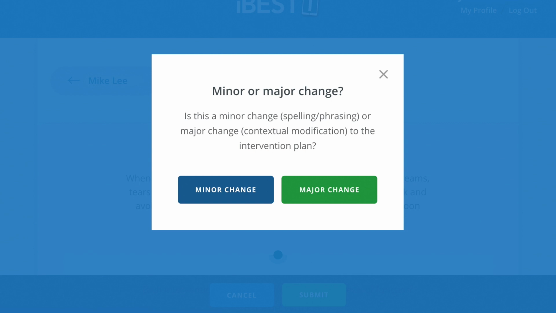At this point, you will be asked if the changes you made are minor or major. Select Minor Change if you corrected typos or small errors in wording. Your changes will be saved, but a record of these minor edits is not saved. Select Major Change if you made substantial edits to the intervention plan, such as changes to the interventions that the teacher will be implementing. When you select Major Change, a new current version of the intervention plan will be created